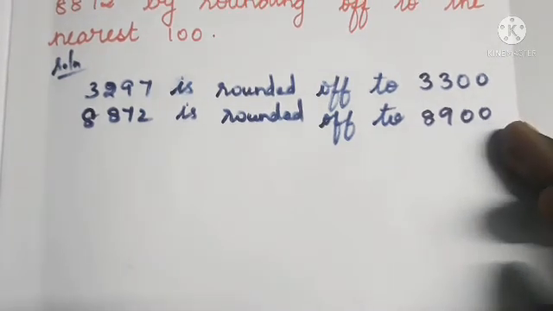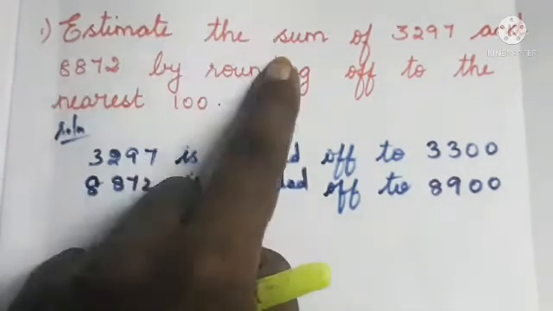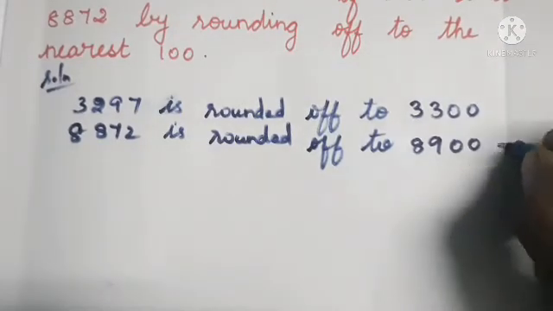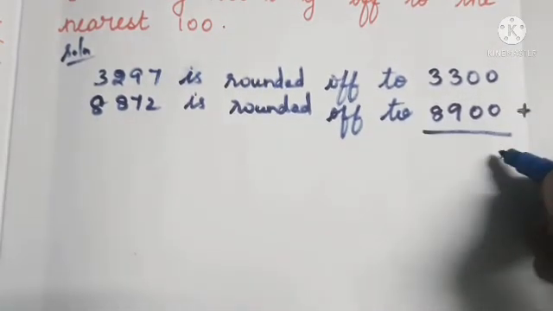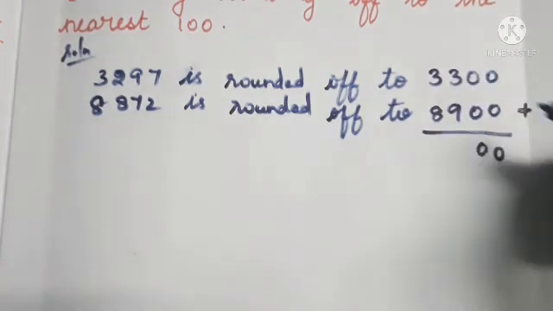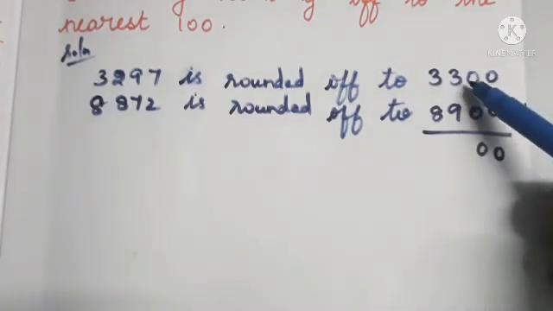Next we have to add, okay, because they are asked to do what, ma? Sum. We have to estimate the sum. So we have to add. We can put the plus symbol on the right side and add it. So 0 plus 0 is 0. Next, 0 plus 0 is 0. Next, 3 plus 9. We know that we have to keep the bigger number in our mind and take the smaller number on our fingers. So 9 in the mind and take 3 on the fingers.